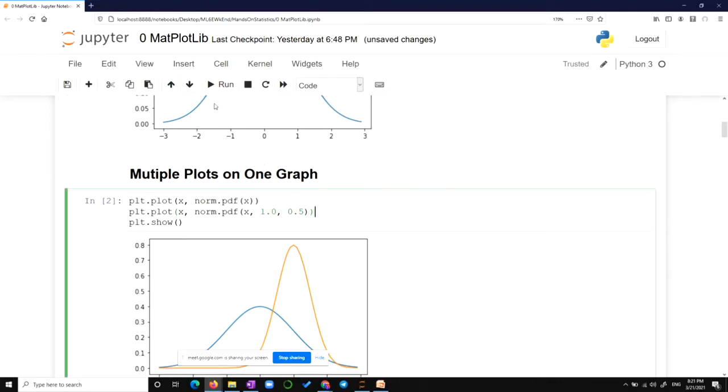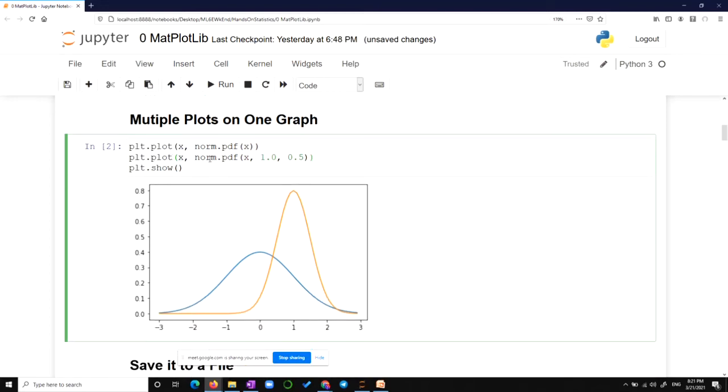Okay, so that's why I continued from there, and plt.plot x comma norm.pdf is the first plot. Then plt.plot x norm.pdf again, where you change some value. In this one you take this value x and give the mean value at 1.0 and a standard deviation of 0.5 this time. No, not 0.1, a standard deviation of 0.5. It means take all these x values, but give me a distribution such that the mean value is at 1 and the standard deviation can be 0.5.